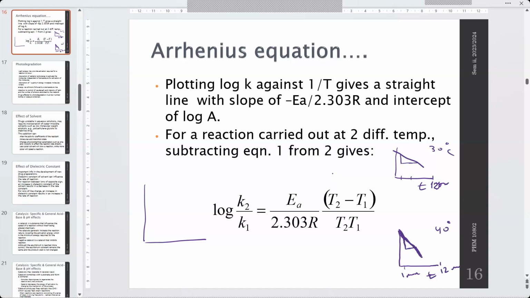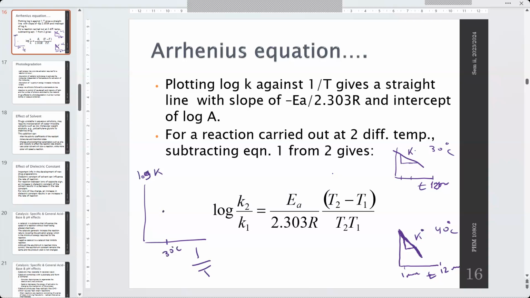So it will be more steep, okay? So you calculate here the K at 30 degrees, and then you calculate the K at 40 degrees. So now let's plot log K versus the inverse of the temperature. So at 30 degrees,